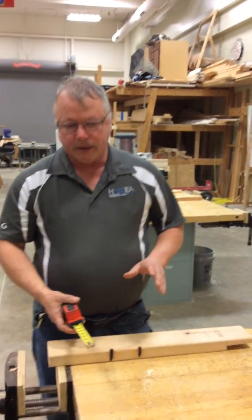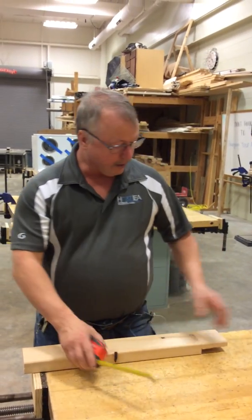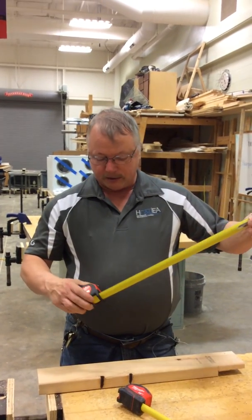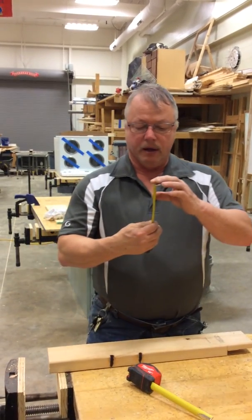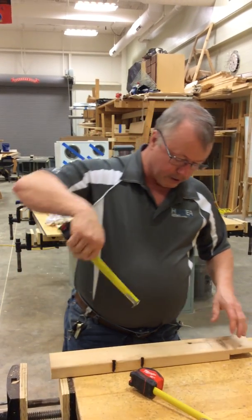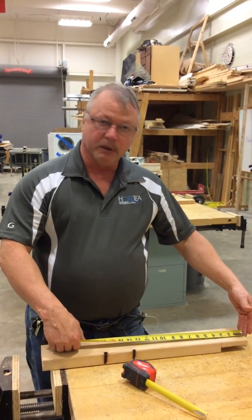Okay, a lot of times in shops where you have multiple tape measures running around, students using them and stuff like that, they won't be taken care of very well. A lot of times they just let them slide back in and jam back in there. What happens is this end gets bent out, or they jam it and it gets bent in. Anytime that happens, when you hook and measure, your measurement is going to be off by however much this end